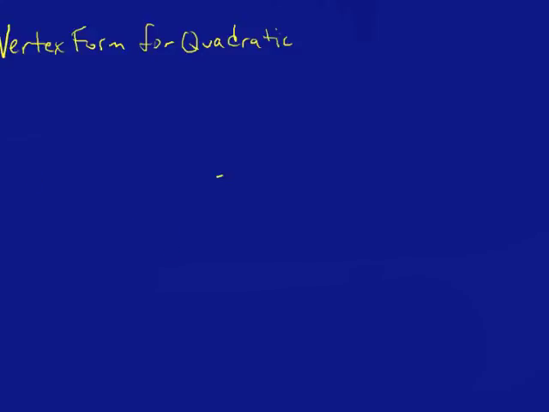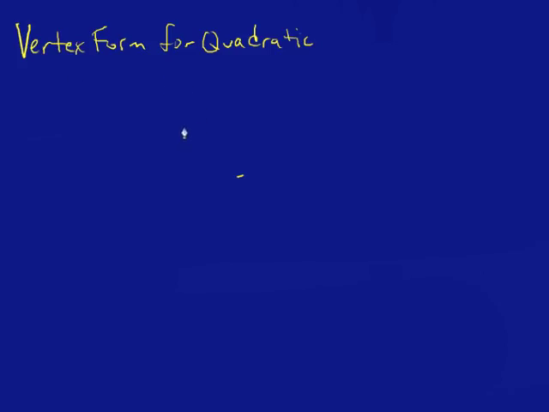So I'm going to talk about the vertex form for a quadratic. And this is an interesting way to think about a quadratic. So let's just go over some of the other forms. There's standard form